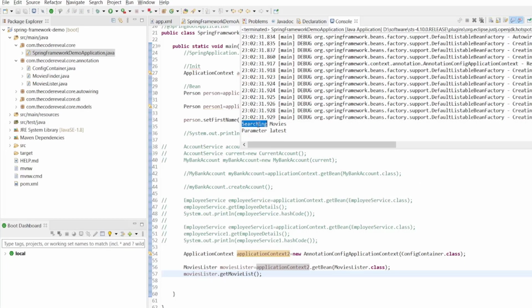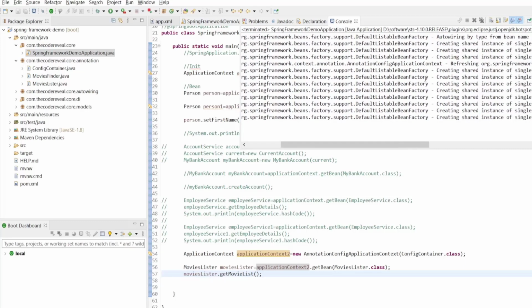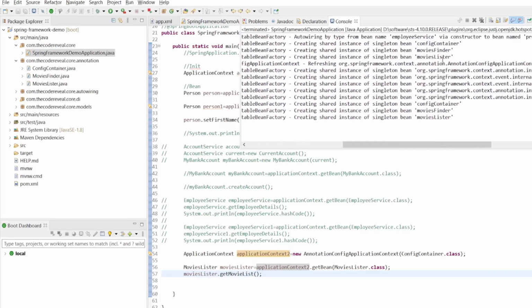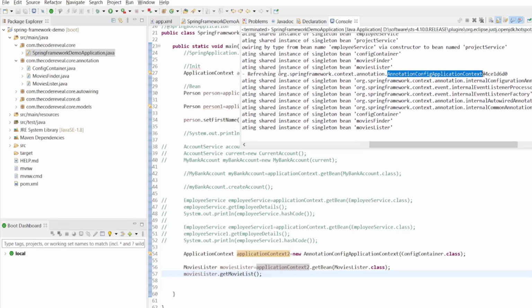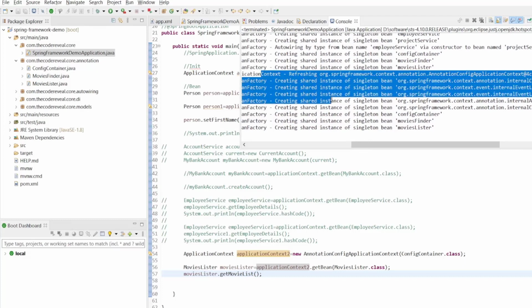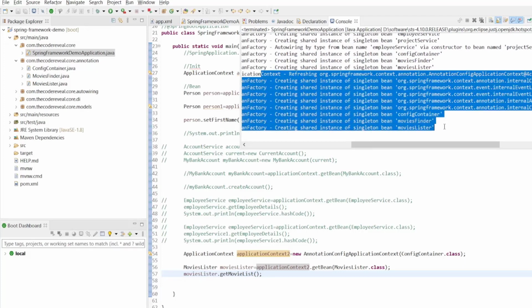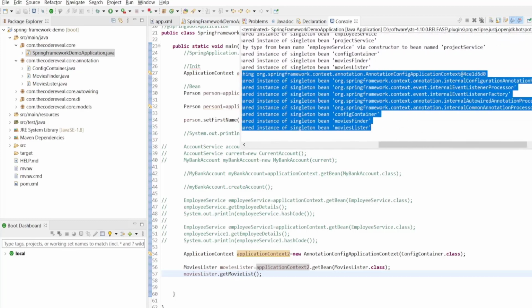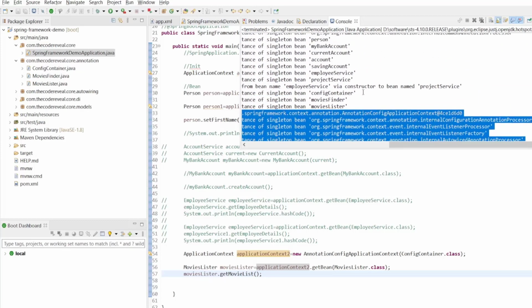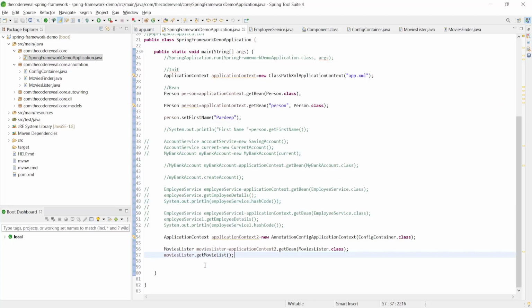So you see it's printing searching movies and parameter latest. If you see here, it's refreshing this annotation config application context. You can go to logs and see what's happening in the background when it's creating the IOC container.